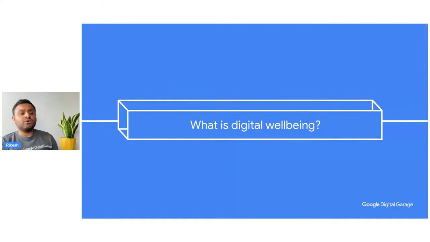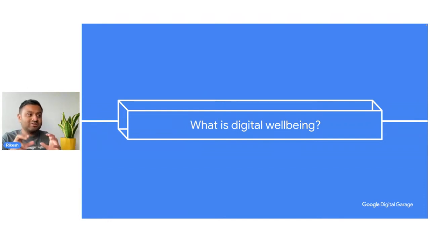So before I reveal the definition of digital well-being, let me just take out the word digital for a moment. If I take out the word digital, the question on screen would then be, what is well-being? What is the definition of well-being? There are lots of different definitions of well-being. One of the definitions is that well-being is being in a state of being comfortable, healthy, and happy. It's a very simple definition.